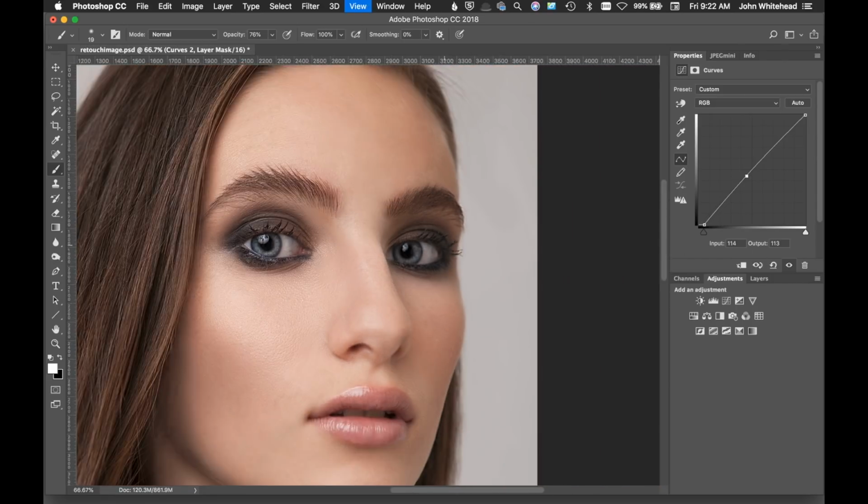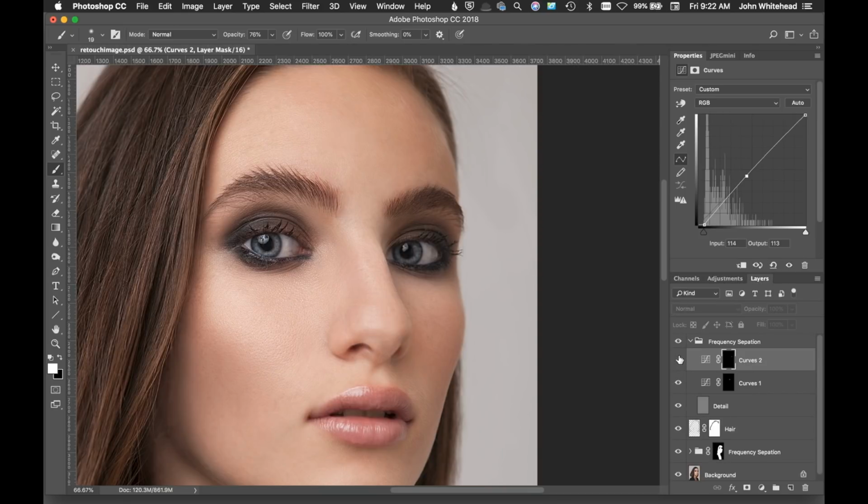And I'm going to zoom out here, and I'm going to turn that layer on and off so you can see what that does. As you can see, we're just slightly darkening that. Really makes your eye kind of pop and stand out. And that's pretty much all I'm going to do. So we've added a little bit of sharpness and a little bit of detail,